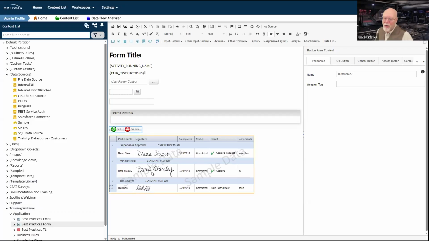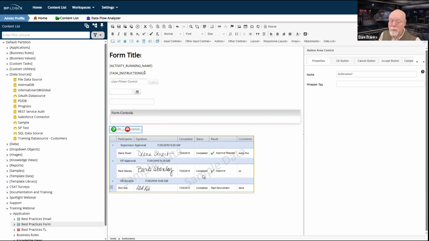And if you have a long process with like 30 or 40 different activities, then scrolling through this routing slip just to click OK is going to be super tedious. So we throw in a button area control and we'll stick it above the routing slip so that, yes, I do have to look through the form content itself. But once I get to the bottom of the form content, there are my buttons. I don't really have to look at the routing slip unless I want to.